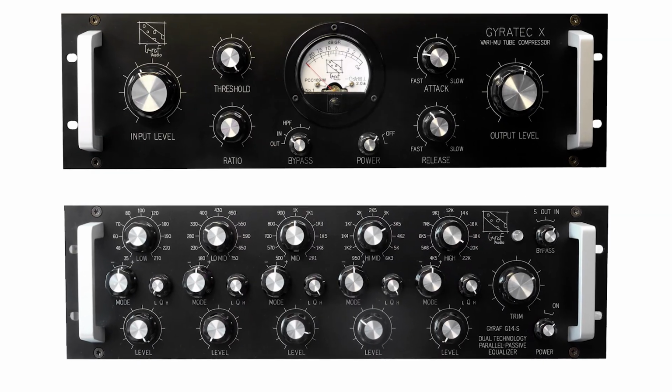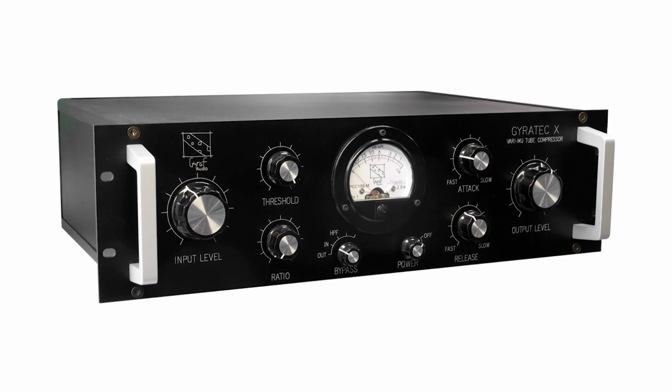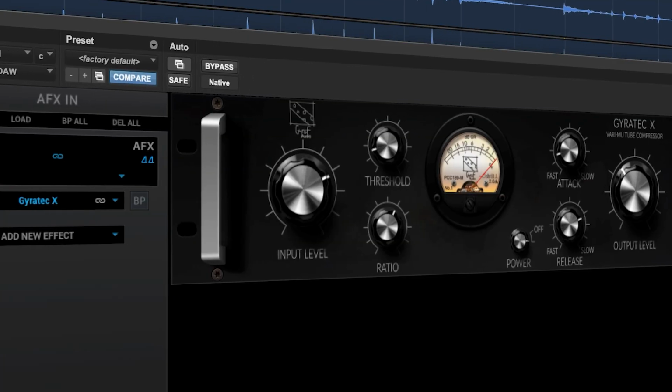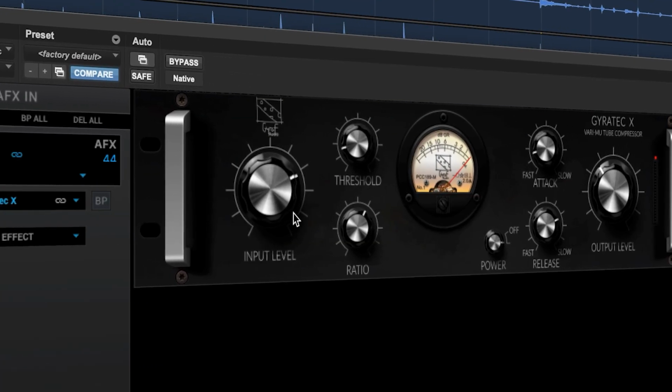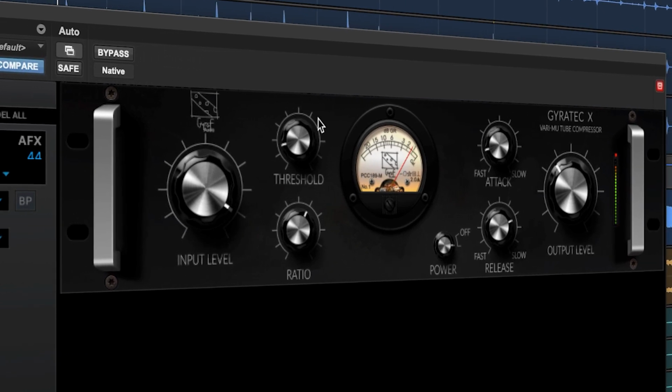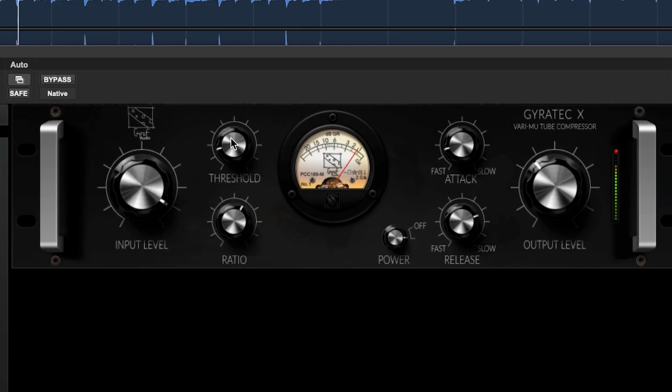Gyraf Audio are one such company, and their G10 Vari-mu stereo compressor is just such a unit. Sadly, such quality and attention to audio detail comes at a cost. The team at Antelope Audio have worked with the engineers at Gyraf Audio to bring you the Gyratec X, a faithful, component-modelled recreation of the Gyraf Audio G10 pure Class A Vari-mu tube compressor that sounds every bit as good